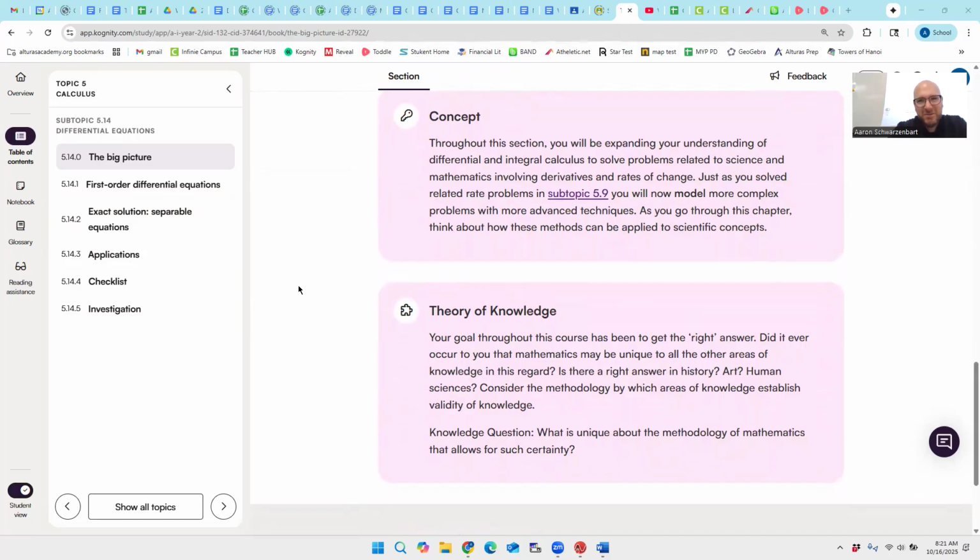Concept. Through this section, we will be expanding your understanding of differential and integral calculus to solve problems related to science and mathematics involving derivatives and rates of change. Just as you solved related rate problems, you will now solve more complex problems through more advanced techniques. As you go through this chapter,